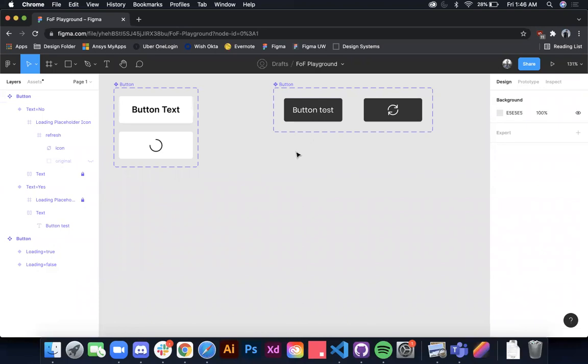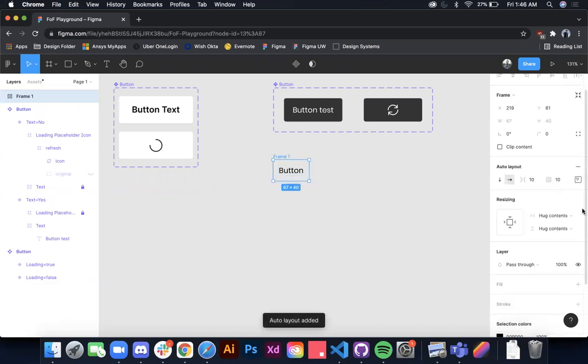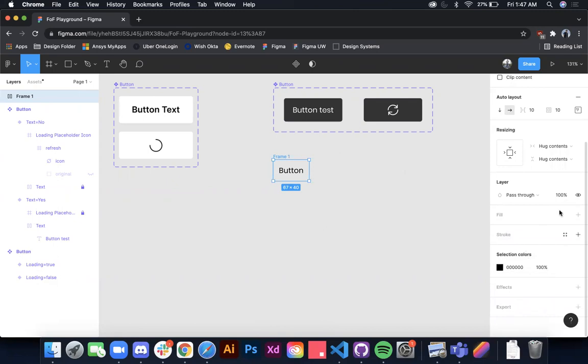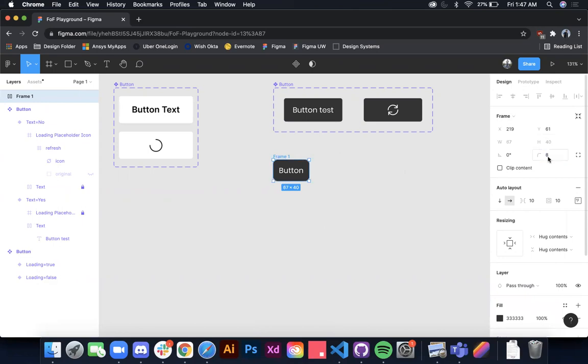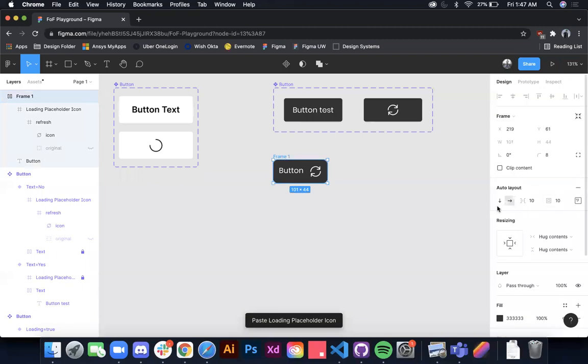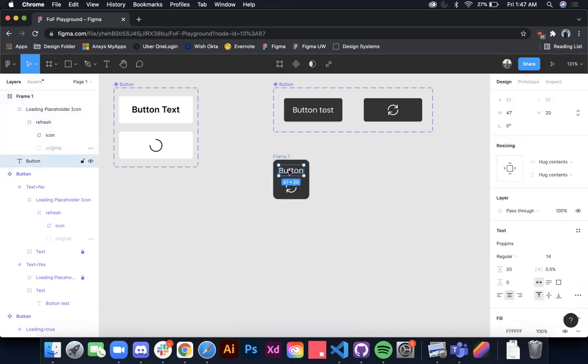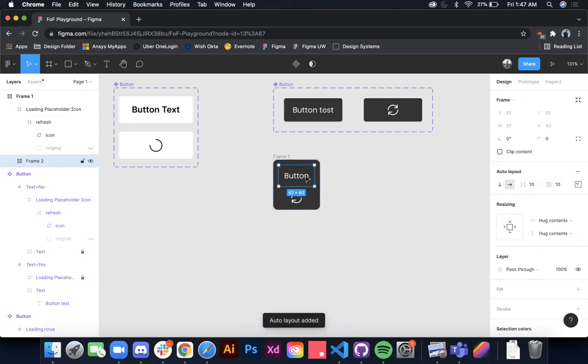So I'm going to dive into the solution. I put my text button, put my auto layout container around it. I personally prefer to swap the colors. And then from here, you'll see I want to grab this icon and put it in. What I'm going to do is change it to a vertical auto layout, and I want to center it so that the icon would be centered. And then specifically for my text, I'm also going to add another auto layout to the text, and I'll just